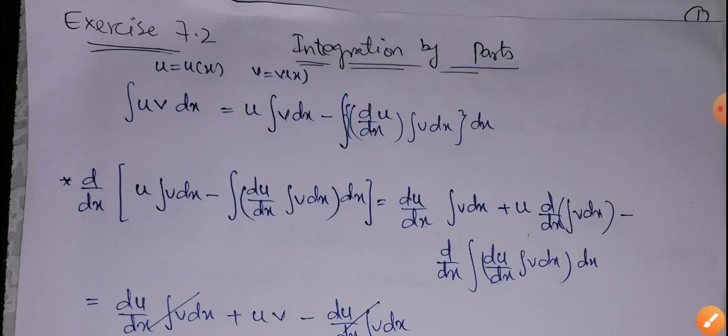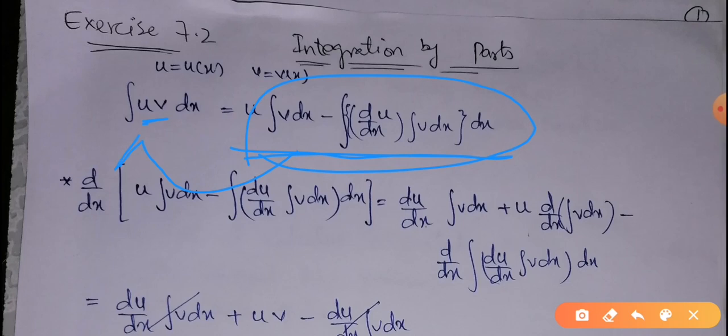As we have discussed, integration and differentiation are inverses of each other, or integration is also named as antiderivative. So it means that when I take the integral of uv and I get this expression, the derivative of this expression must give the product u into v. So I'm going to show that the derivative of this function will be equal to uv, so that it is confirmed that the integration by parts rule is a well defined rule.